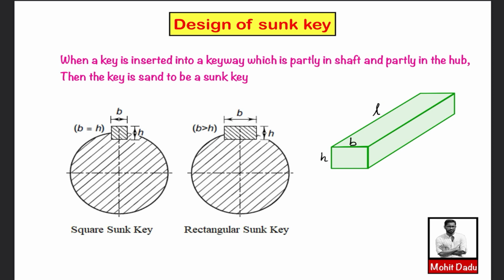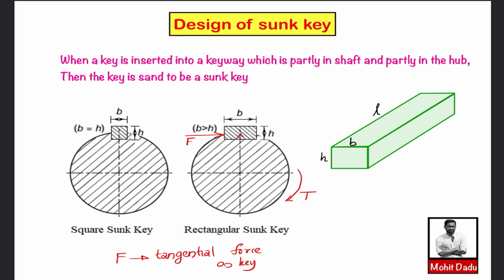In the case of keys which are connected to the shaft, we have to calculate the force which is acting on the keys. We know that this is transmitting power or torque. So the torque T will be acting on this. As a result of torque, the power will be transmitted to the element through the keys. As a result, some force will be acting at this interface. We have to calculate this force, which is known as the tangential force acting on the key.